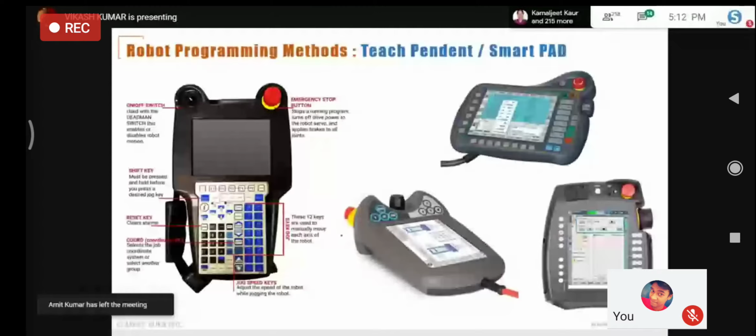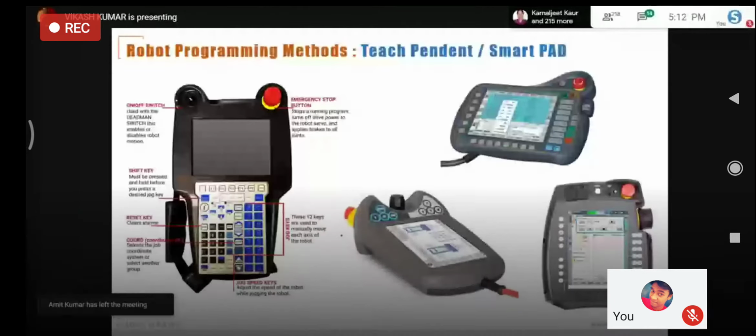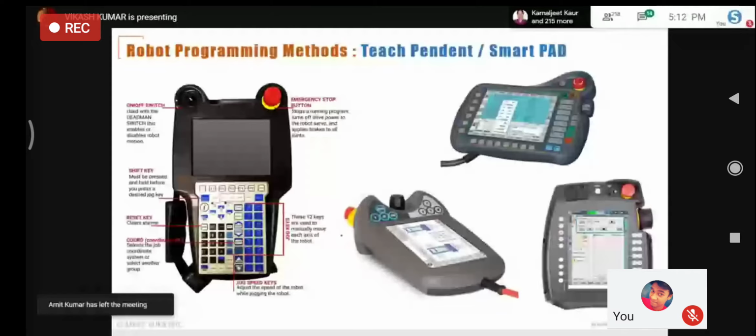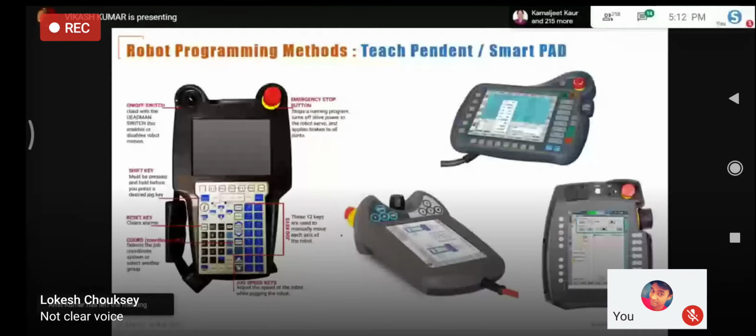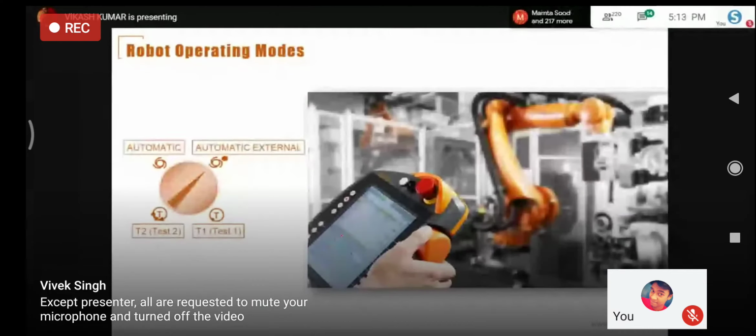In this you can see that by using this teach pendant, we are trying to control a robot. We can control the robotic arm with this teach pendant in different modes. Mode means you have teaching mode, automatic mode, PLC mode. There are so many modes available with this industrial robotic arm, in which you can run your program so that the robot can work in an automatic environment.